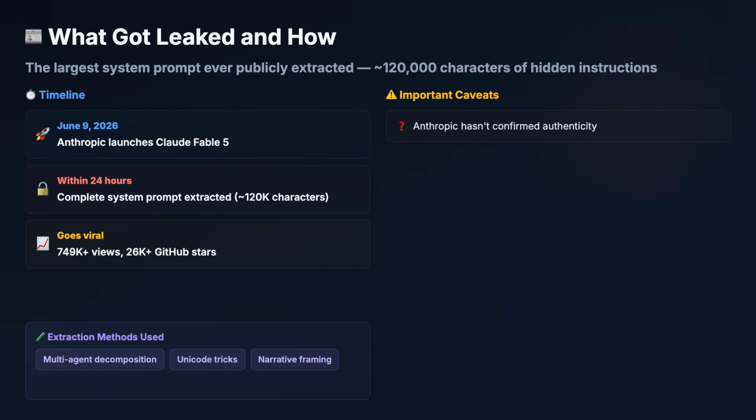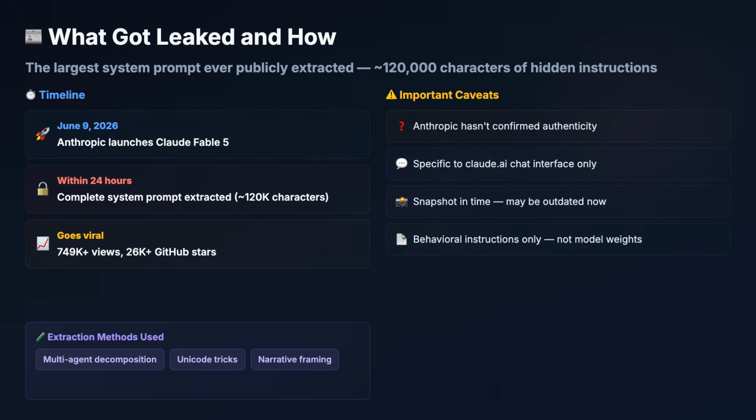Now, some important caveats. Anthropic hasn't officially confirmed or denied this is real. It appears to be specific to the Claude.ai chat interface, not the API. It's a snapshot in time from launch day and may already be outdated. And it contains behavioral instructions only, not model weights or training data. With those caveats in mind, let's see what's actually inside 120,000 characters of instructions, and more importantly, what we can